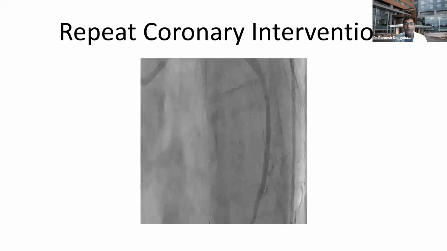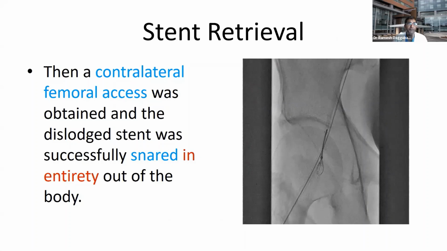Once that was handled and the patient was stable, we went from the contralateral femoral access, and the dislodged stent was successfully snared and removed from the body in its entirety. Use larger sheaths here, 7 French or 8 French, because the ball of stent material has to come through it, and I think it is much better to pull it out that way. So this is a retrieved stent, as you can see,